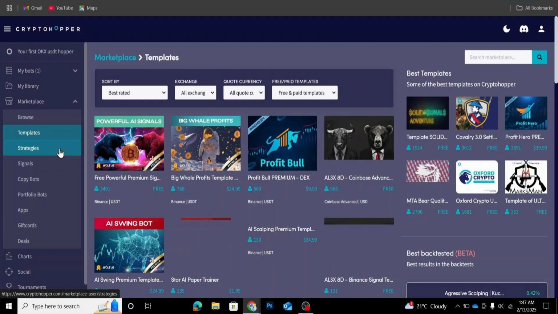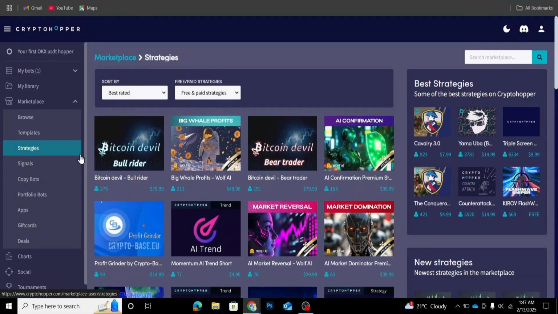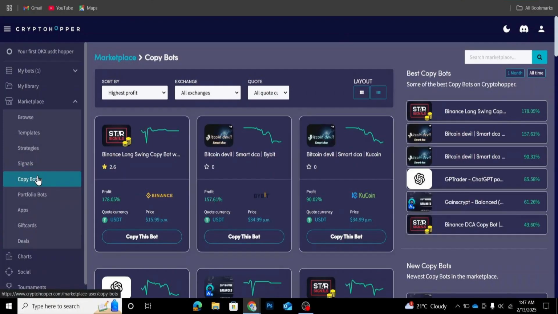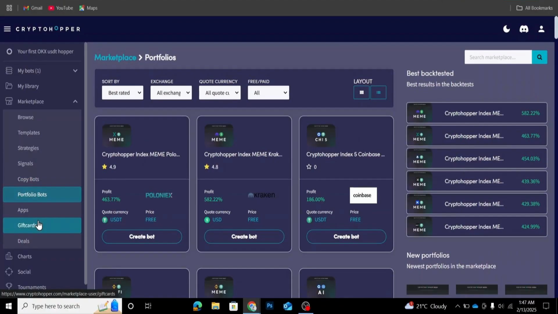Templates are pre-built bot configurations that allow you to quickly set up a bot without manually adjusting every setting. Strategies define how a bot analyzes market trends and executes trades, and they can be either pre-built or fully customized. Signals come from external providers and help bots decide when to buy or sell based on real-time market data. Copybots allow users to replicate the trading strategies of experienced and successful traders, while portfolio bots help automatically diversify investments